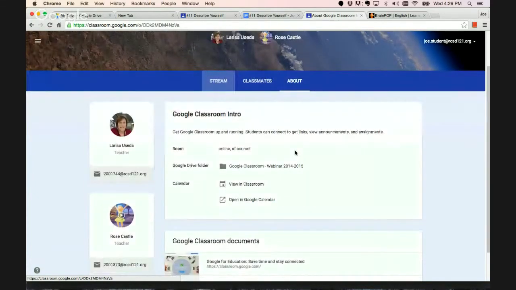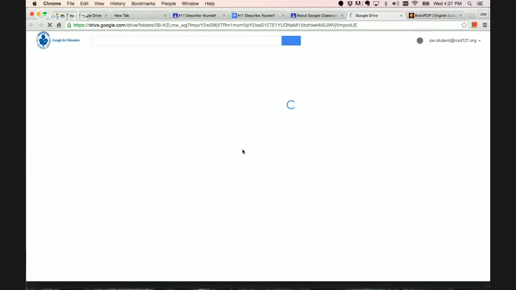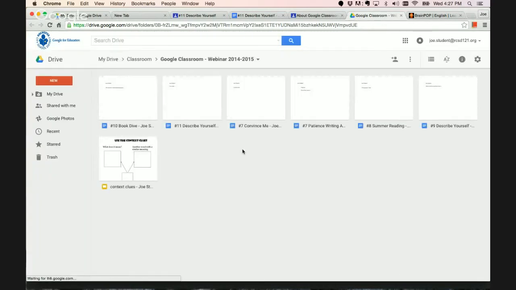This is where, as a teacher, you can put information on your class. I see my teachers here, and there's links. What's important is this Google Drive folder. So we were in the Drive earlier. What Google Classroom does is it creates a folder in every student and teacher's Drive. So I'm going to click on that and look at what it looks like. I'm going to go to their Google Drive,